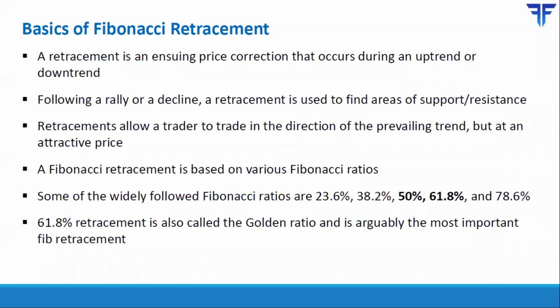So as you can imagine, uptrends do not last forever. Similarly, downtrends do not last forever also. Also, when an uptrend is forming, there will be periods when price is correcting and then resuming the uptrend and so on. Now, those corrections that come within the uptrend are nothing but your retracements. So those are corrections to the prior trend.